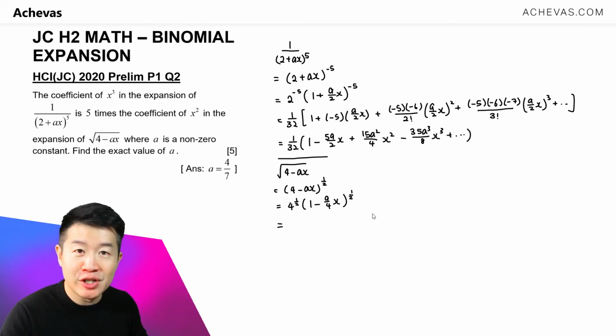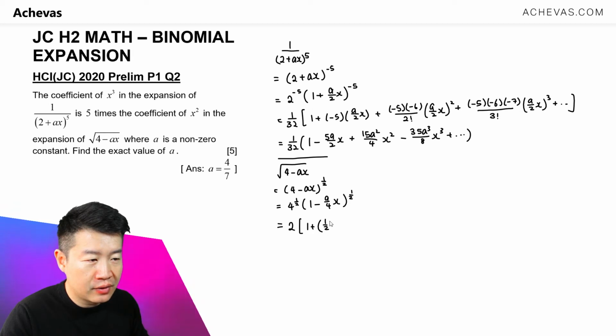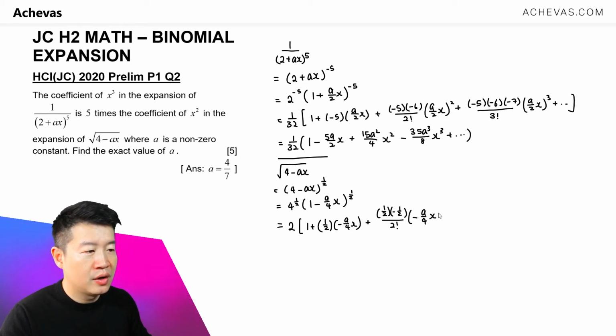So let's expand until we get an x to the power of 2. 4 to the power of half is 2. And this is going to be 1 plus half times minus a over 4 x, plus half times (half minus 1), which is minus half,